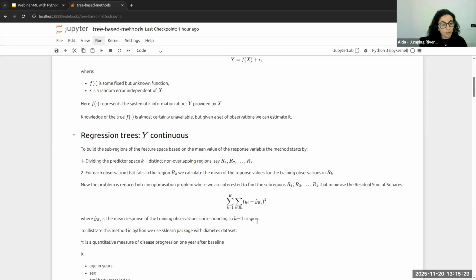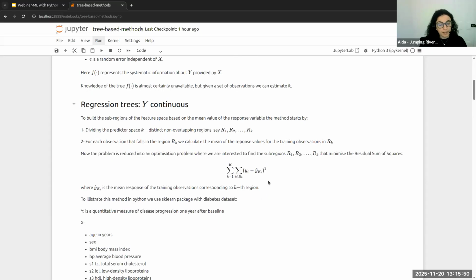And so I'm interested in building a split of the predictor space in such a way that I minimize this measure here. So my observed data in Y is as close as possible to these averages that I obtain from each region. And so this is an optimization problem. I'm going to choose those regions in such a way that this metric is minimized, is as small as possible.